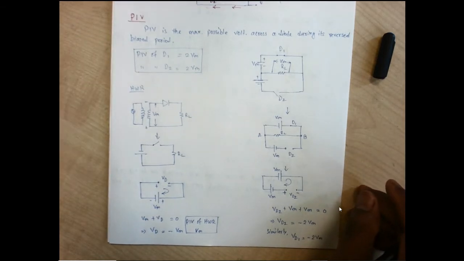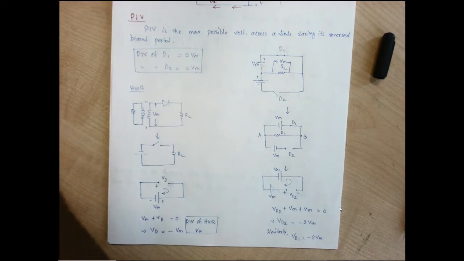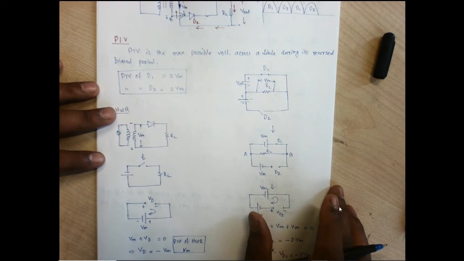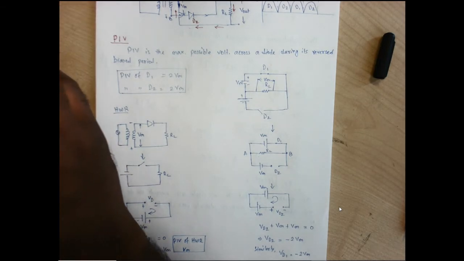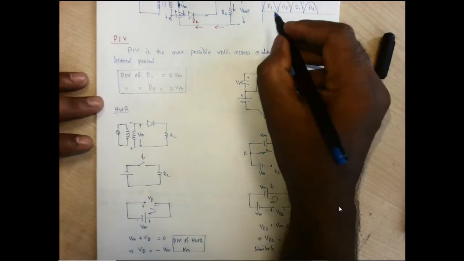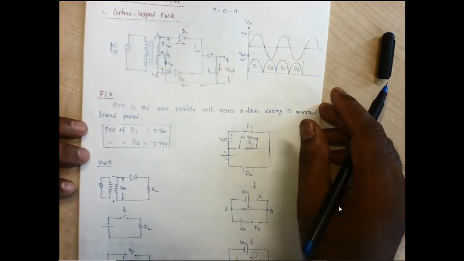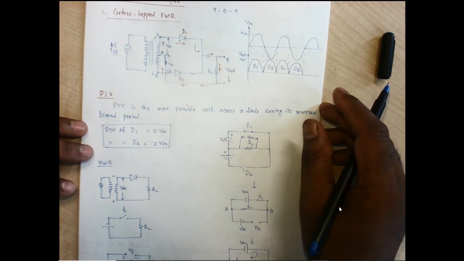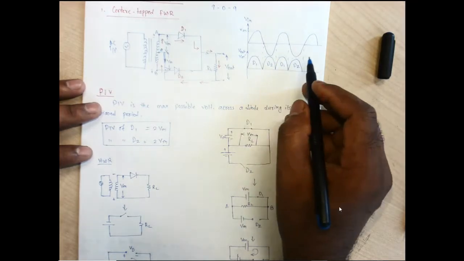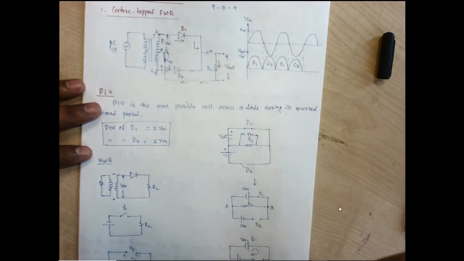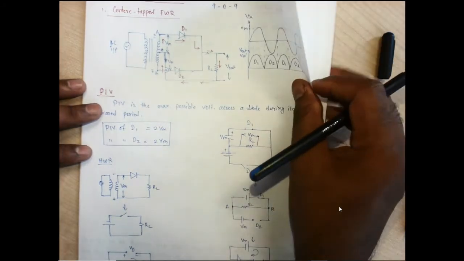Okay, clear? Any doubt, anyone? Now we need to analyze this full wave rectifier. When we talk about the full wave rectifier, the analysis will be the same for the center tap rectifier or the bridge rectifier. Why? Because the output waveform will remain the same. There will be no change. The converted DC will remain the same because it has a full wave output, either with a center tap transformer or a bridge rectifier.